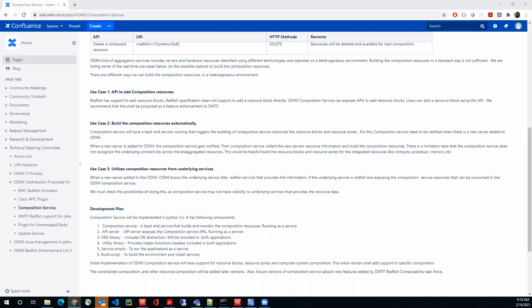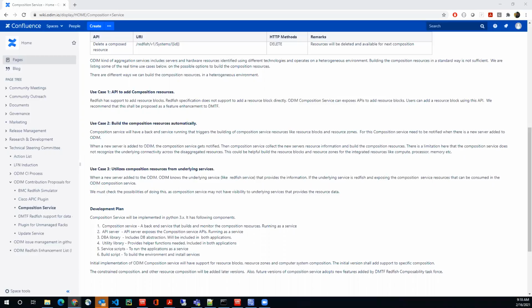From my understanding, as long as the northbound API supports it, we have an additional enhancement: anytime a resource block can be added to a resource zone. Resource zone supports patch operation and all. That's one possible option, but the ultimate aim here is to automatically identify. We have to add that intelligence. That's the best solution, but with the current resource information, we need to learn in that area.